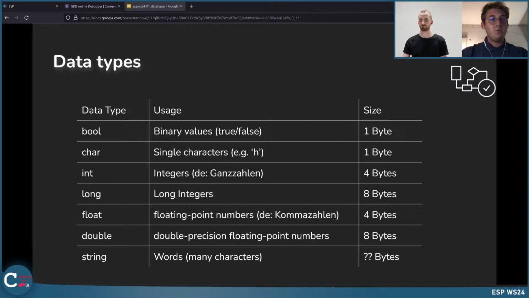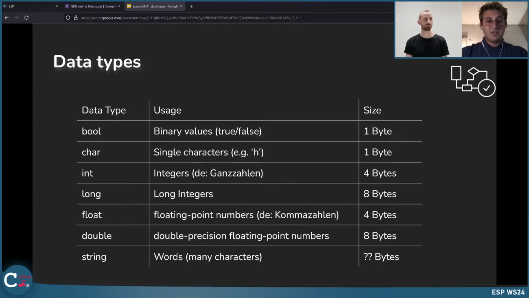If we now move on to numbers, in the C programming language, and also in many other languages, there exists a data type int. It's short for integer, and in German, as mentioned before, it's called ganze Zahl or Ganzzahlen. And maybe you're familiar with this term from one of the math courses. In addition to integers, we also have the data type long.